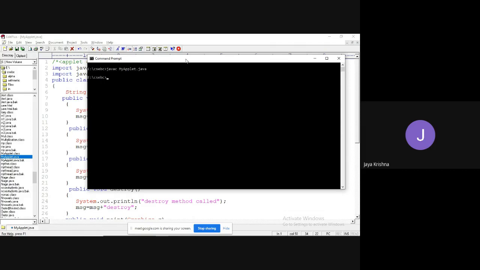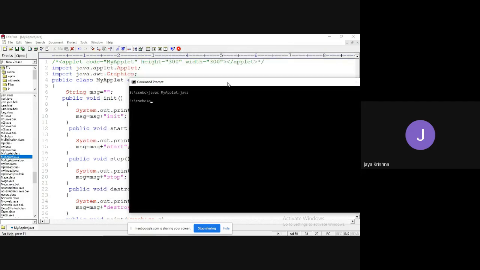Then how to run these applet programs? You have to use the tool applet viewer: appletviewer myapplet.